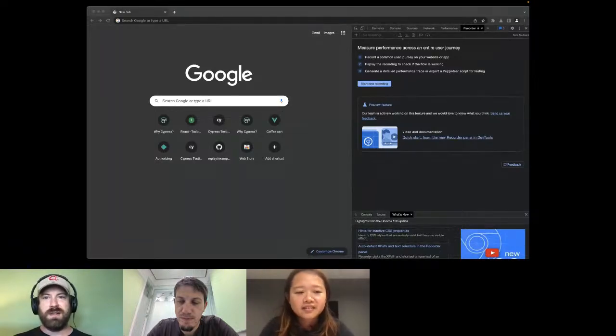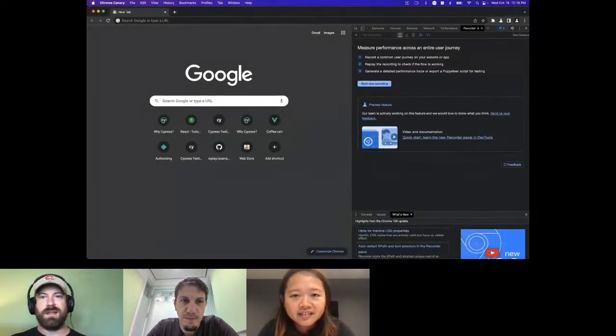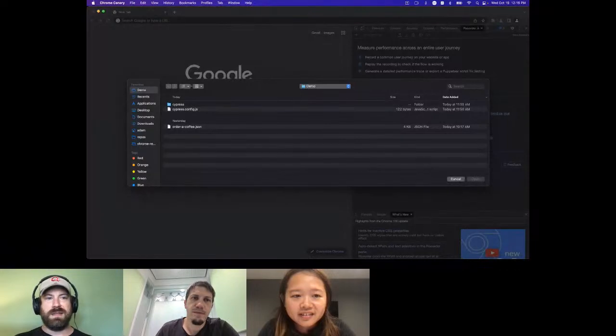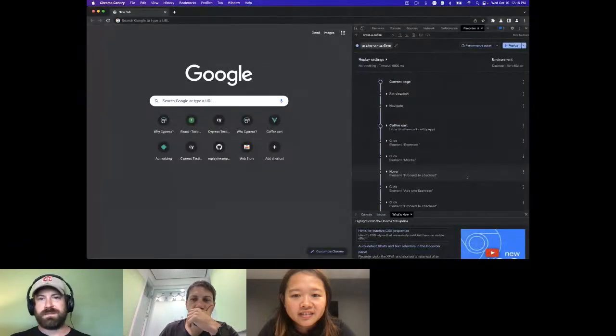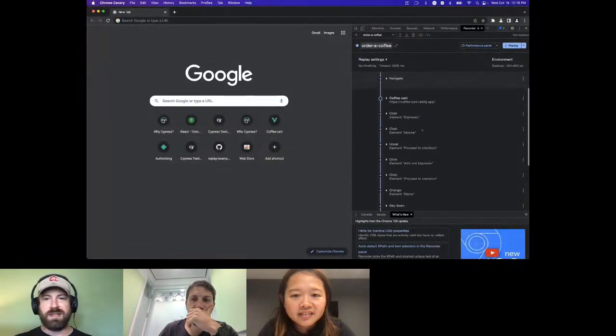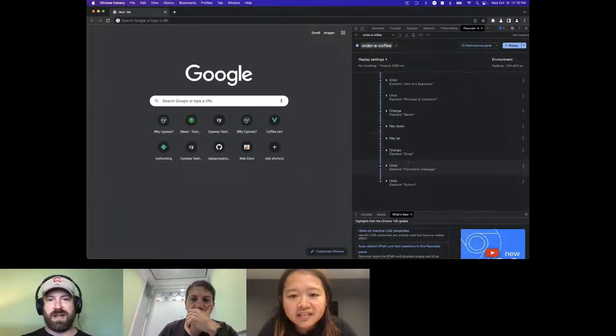So I'm going to go up here to this little icon right here and click it. And it's going to ask me what to import. So I've got this order a coffee JSON file right here. Let's open that up. And you'll see that it just imported all the steps via that JSON file that Jecelyn